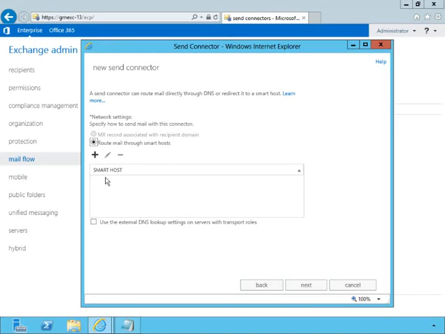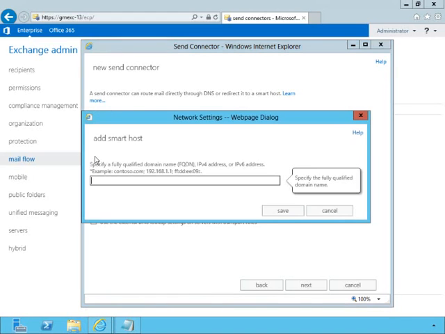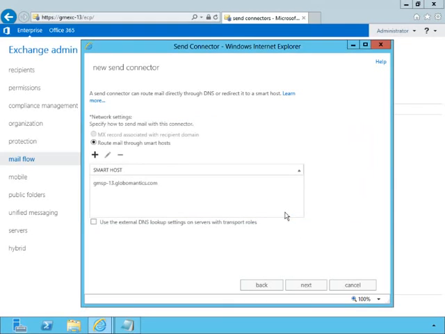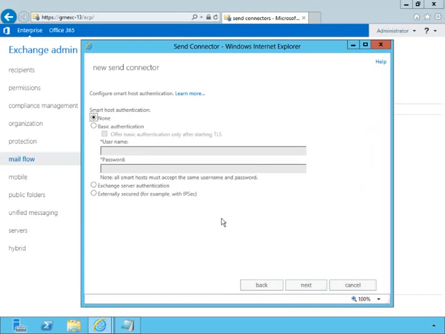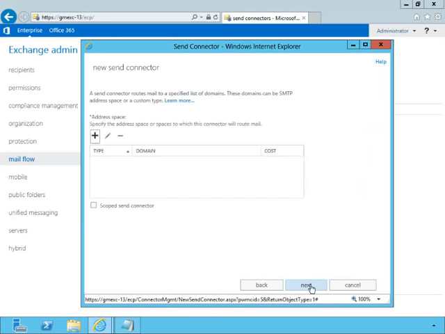Now we need to go ahead and create a new smart host, so we'll click on the plus sign and create a new smart host, and you'll see here it's asking for the FQDN of our SharePoint server, and we know that that is GMSP-13.globalmatics.com. Go ahead and click Save, and then Next. Notice that it's there. It's been added. For our smart host authentication, we'll select None, choose Next,